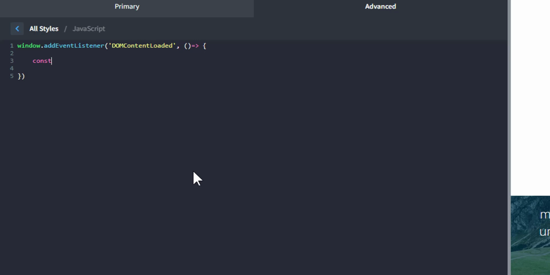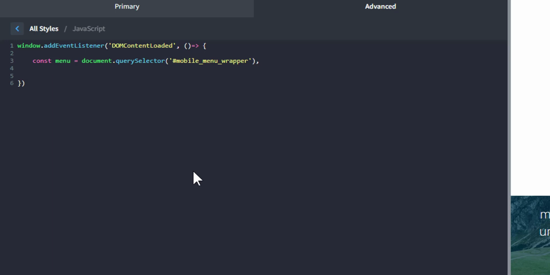So we're going to create some constant variables. We're going to create menu equals document dot query selector, and that menu is going to be the mobile menu wrapper.